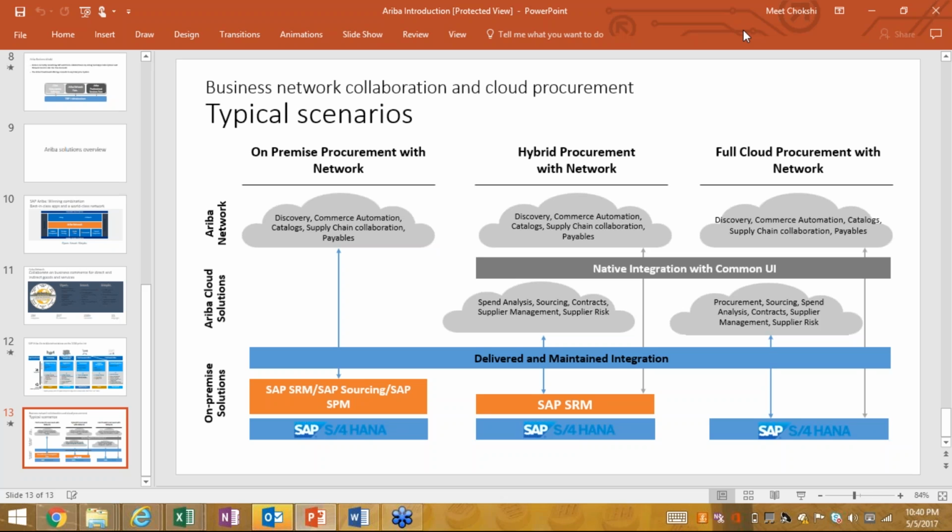In Ariba, we cannot create a PO. But if you know SRM, SRM has a similar use case: I can send all my ERP requisitions, PRs, into SRM as external requirements. They would come as a shopping cart, and then I can go for approval of the shopping cart, which creates the PO. Similarly, we can export all our requisitions from SAP MM as external requirements and move them to Ariba, and then